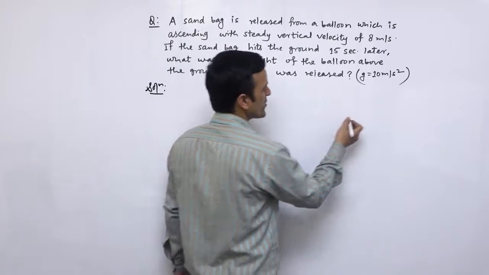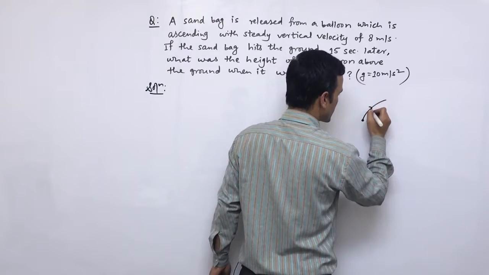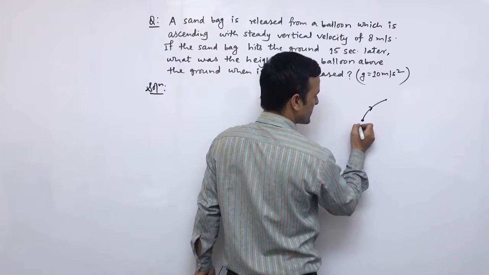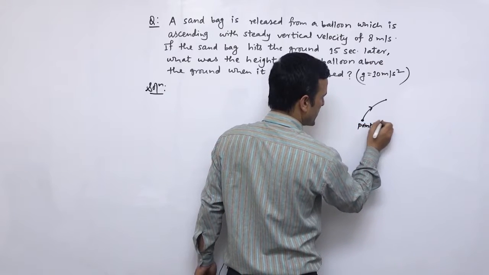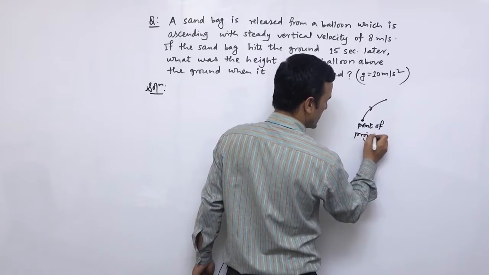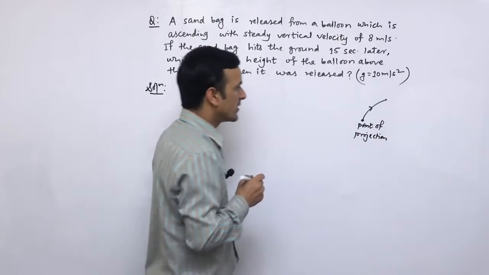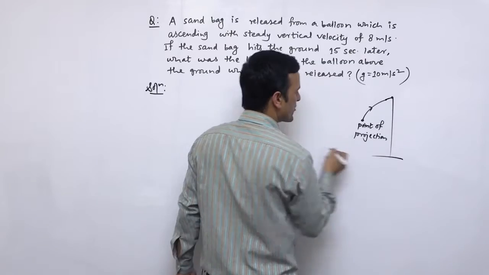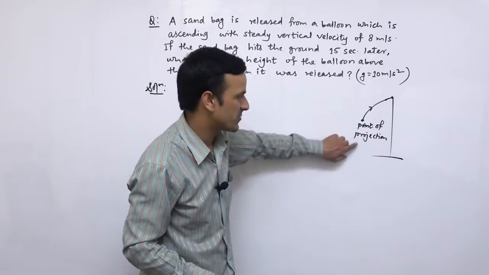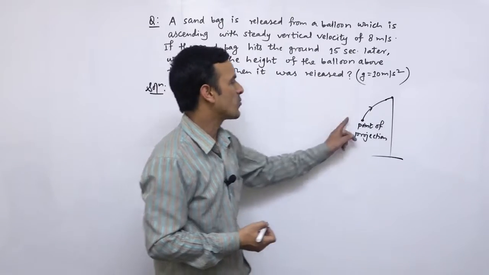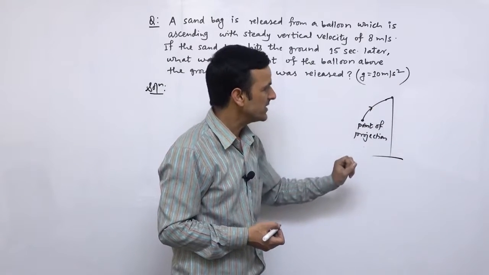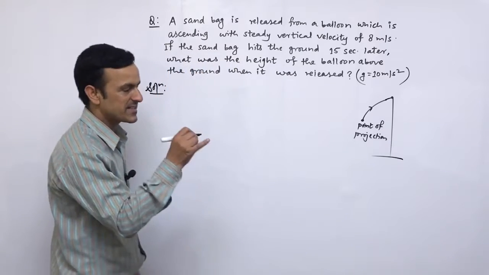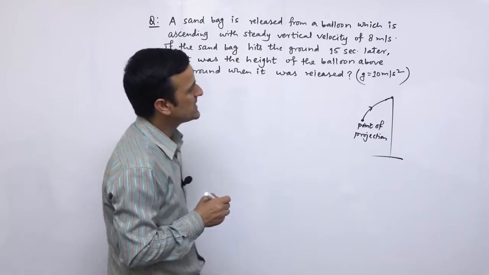जस्तै हाम्रो यो कुनै एउटा पोइन्टबाट प्रोजेक्ट गरिएको छ, यो starting point of projection हो। र कुनै एउटा पोइन्टमा गएपछि यो ग्राउन्डमा ड्रप हुन्छ र यो point of projection भन्दा तल हुन्छ। So upward direction is taken as positive, and in this case we have to write down the separate formula: minus h is equal to ut minus